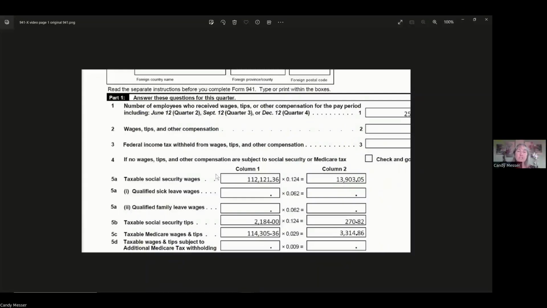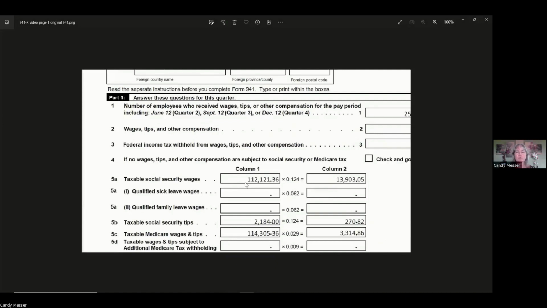I'm using a real example from somebody that we helped. Now, we did claim the tips along with the regular wages based on the amount that they could claim in the quarter. I believe in this case, they also had a PPP loan, so they couldn't claim all the wages. But I'm going to use a real example, but to protect the privacy, of course, I'm not going to show their information. But you can see from here, and let me actually move my photo out of the way so you can see everything, that they originally had